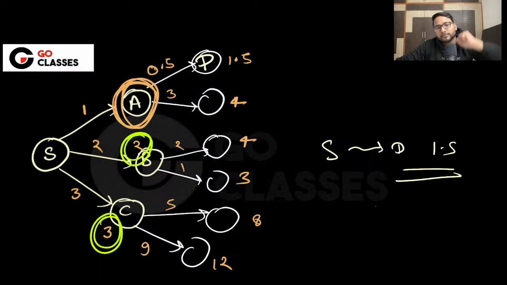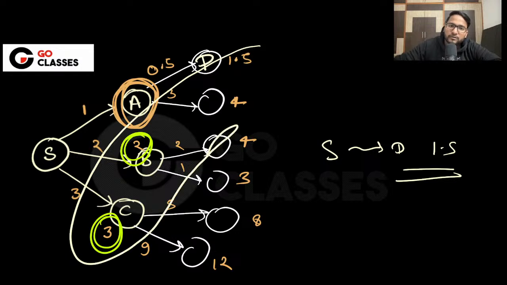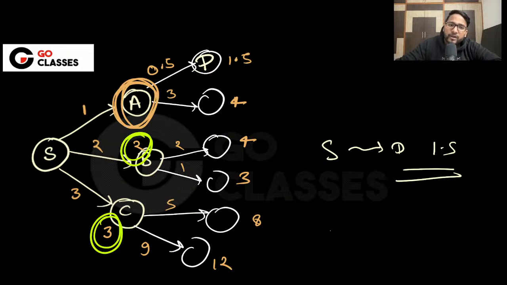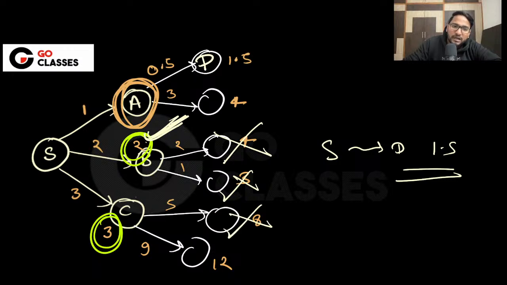Let me know if you have understood. So we have taken the minimum among all non-finals, right? All non-finals, whatever is the non-finals here. Now here, interestingly, if you take the minimum between this 2 and whatever this weight is, this 2 and 4, then obviously this 4 can never win, right? This 2, this 3 can never win this 2, this 8 can never win this 3, this 12 can never